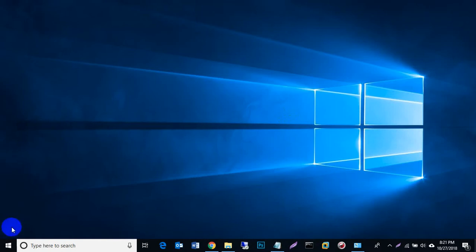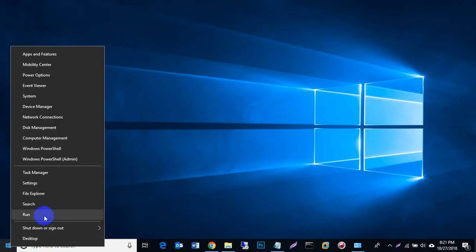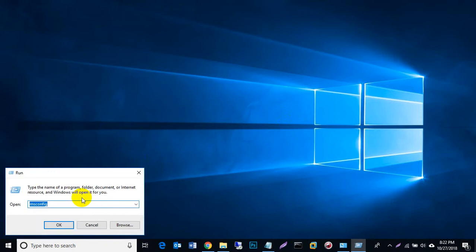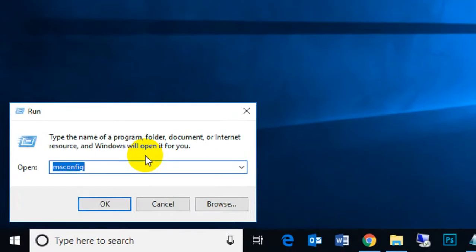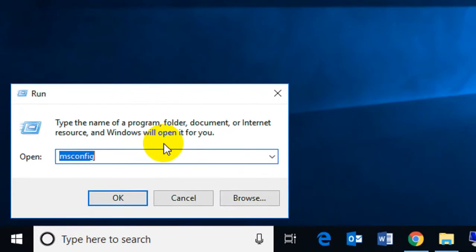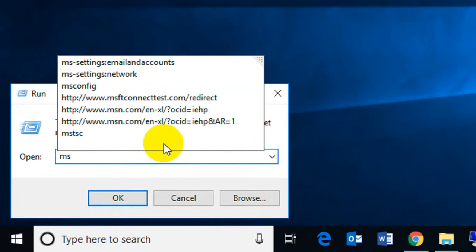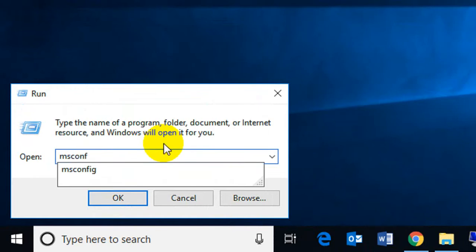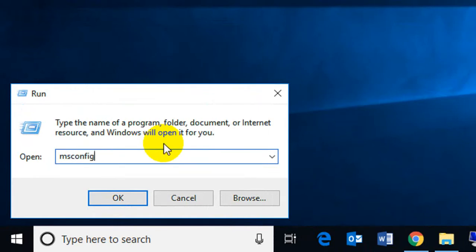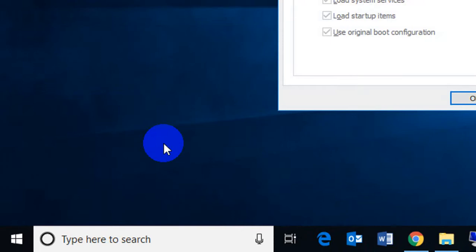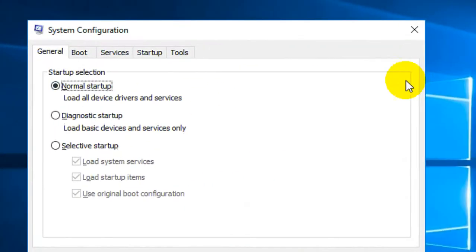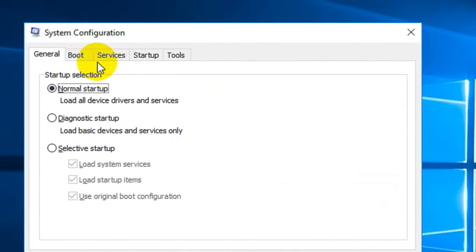First, go to Run, type msconfig, and press enter. Go to the Boot tab